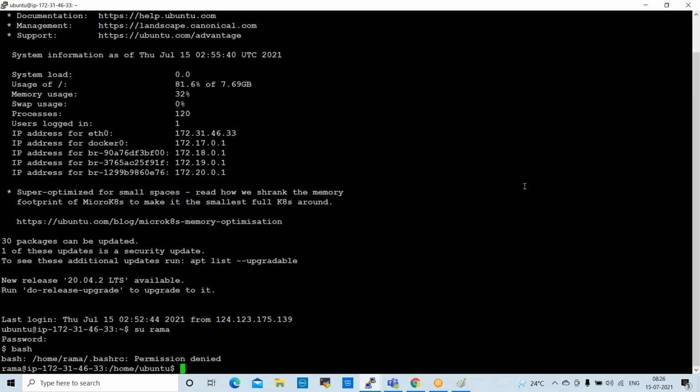Now docker run -it --name C3 --network DevOps2 and BusyBox.